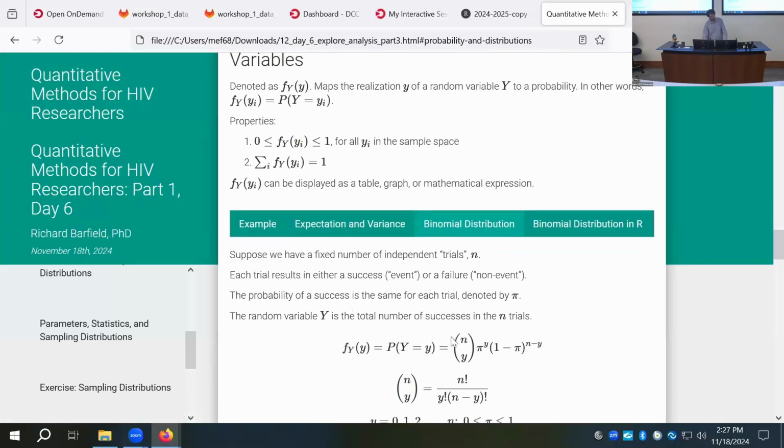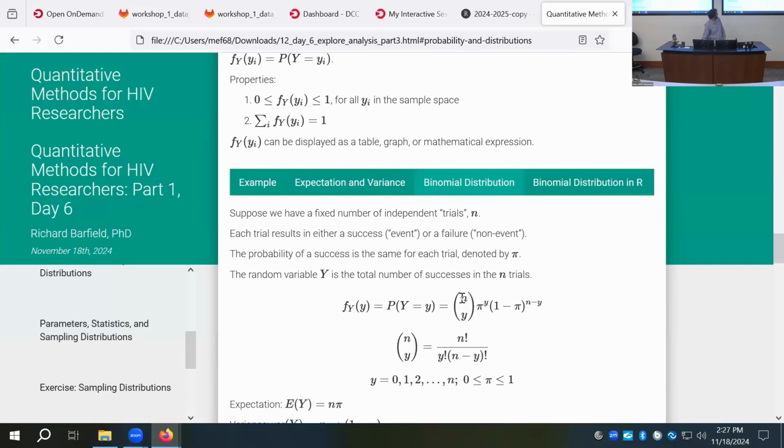So how it's written is in this binomial function here, which is n choose y times pi to the y, where y is the number of successes, times the probability of not getting that, raised to the n minus y. And this is written as n over y. So this is basically n factorial over y factorial times n minus y factorial. So what that is